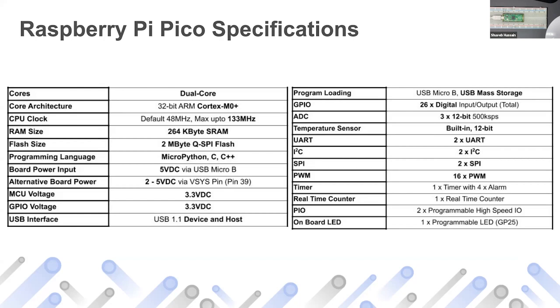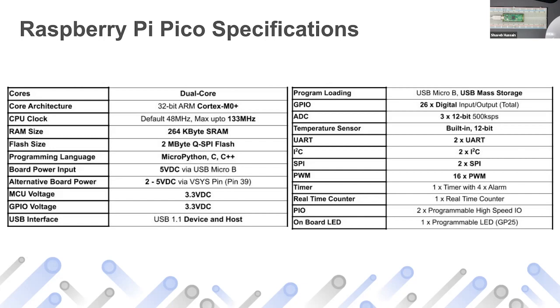It has general purpose IO. It actually has 26 general purpose IOs. We'll talk about general purpose IOs in just a bit. It has three analog to digital converters, 12-bit, that's the resolution, and it tells you generally how accurate you can go, right? And then it has one temperature sensor, which is also 12-bit resolution on the chip itself. Generally, several chips come with onboard temperature sensors, because if they get really hot, they can shut down to avoid damage, right?